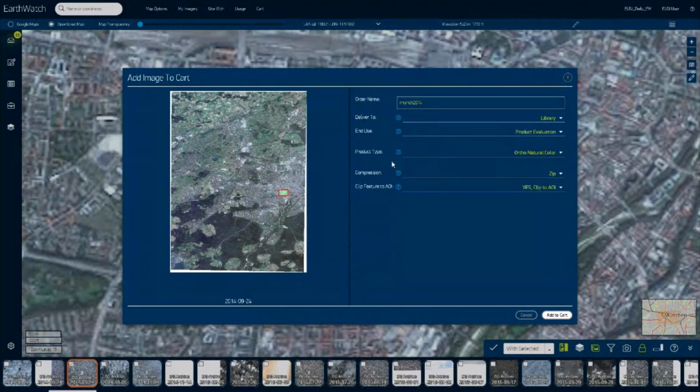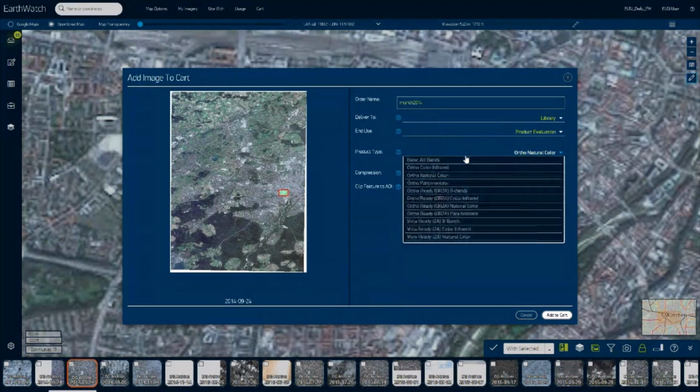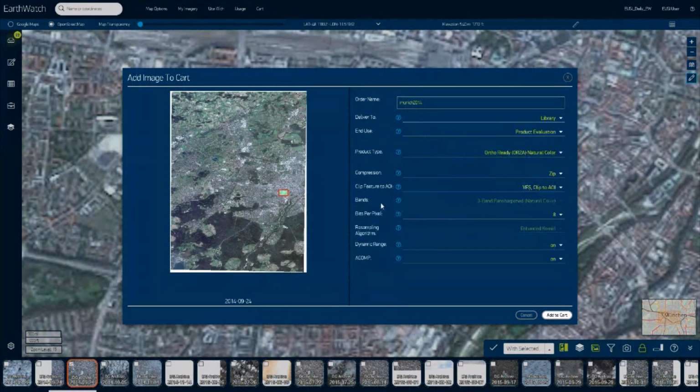Then you can choose the product type. Let's say I'm interested in an auto-ready standard natural color image. Then a few more parameters pop up which I can choose from. I can choose from the bit depth to the resampling kernel, or if I want to apply ACOMP to the image, which is atmospheric compensation, like a haze reduction.